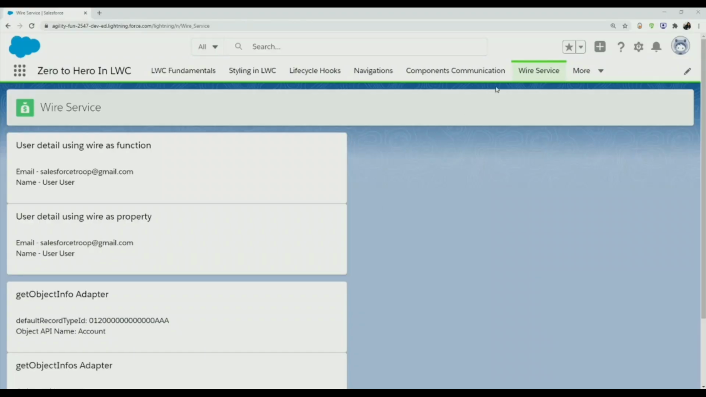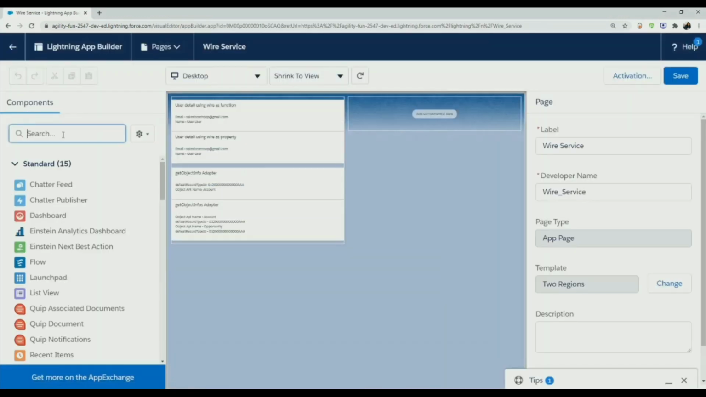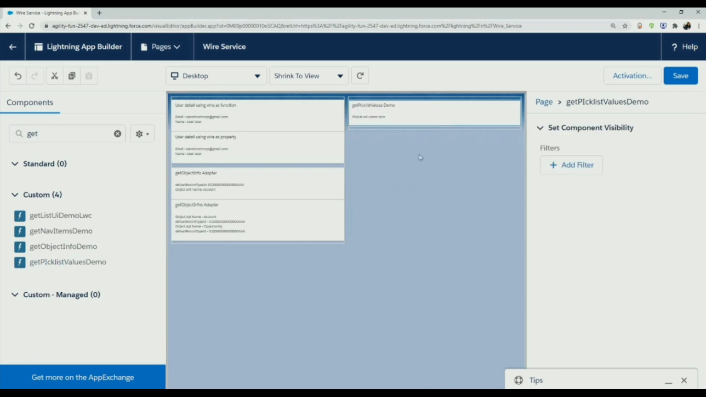So I am in my app now. Under the app, I'm in the wire service page. Let's edit the page and place our component here. On the left hand side, let's search for our component name, that is get picklist values demo. I drag it here, I hit save. Let's go back